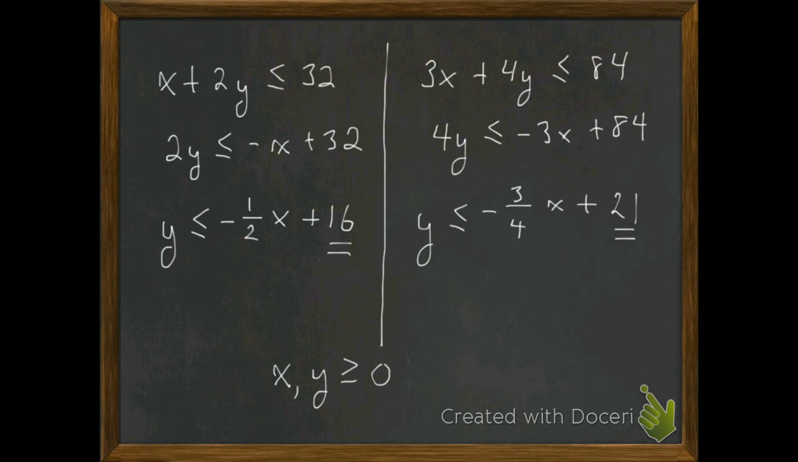So I'm going to go over here and look at this one. So I've got 0 equals negative 3/4 x plus 21. So that's 3/4 x equal 21. Do a little bit of math there. Now I multiply by 4, which gives us 84 divided by 3. And this gives me about 28. Exactly 28. So keep that